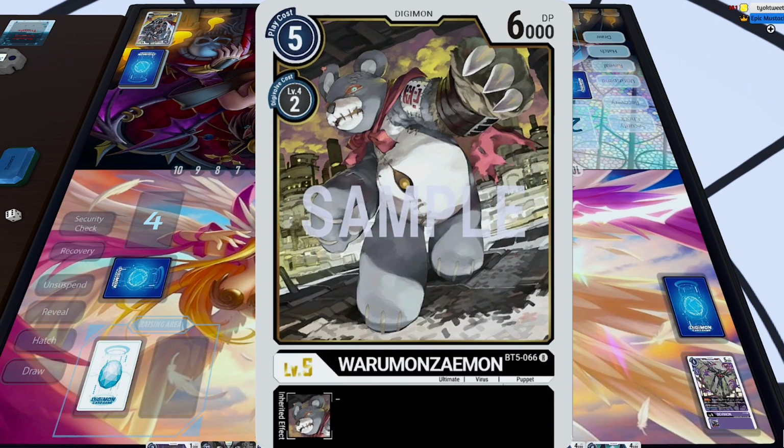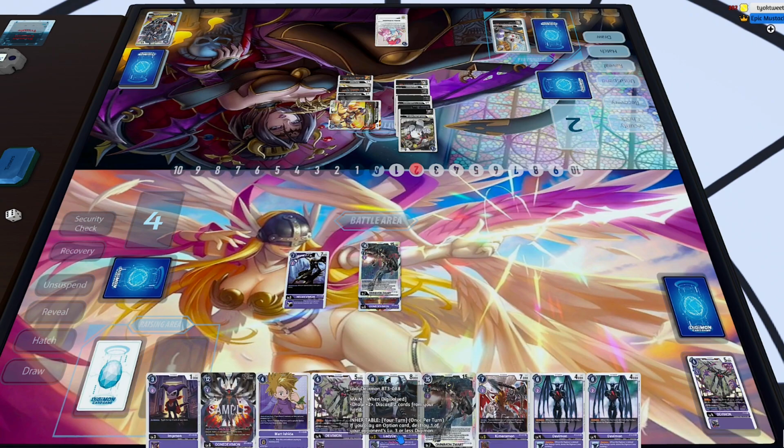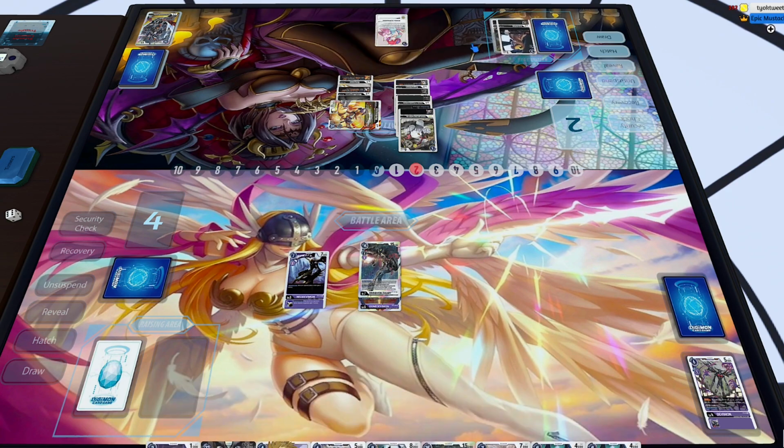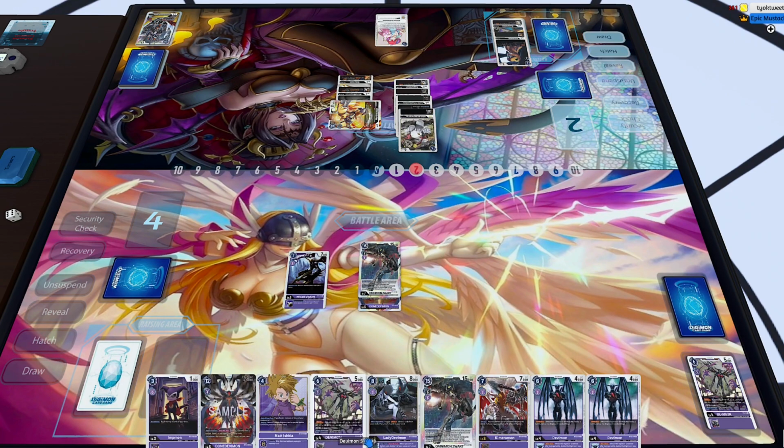I really don't want to deal with that. And then my opponent is going to go Warumonzaimon. Now, with his, what else could he go for? He could probably go for another Metal Garurumon here, but Metal Garurumon, the best thing it would do would trash